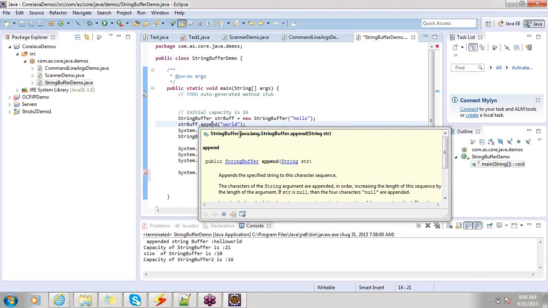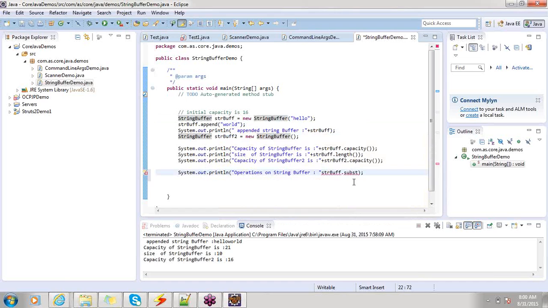And the return type, you can see here, is StringBuffer. So when you perform an append operation, it results in a modifiable string because it is a string buffer, right? With my substring method,